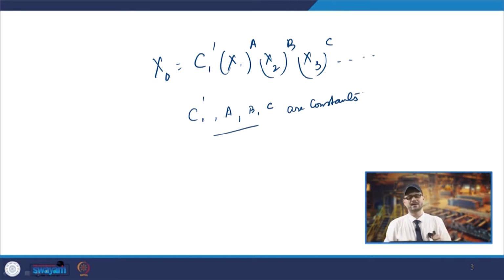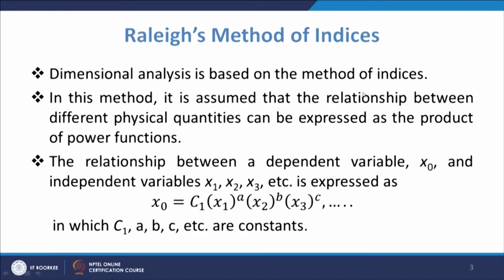So, we will see that they will be further equated on both these sides, and you can have the evaluation of these constants, and you can see how they can be expressed. Another method which is also used is the